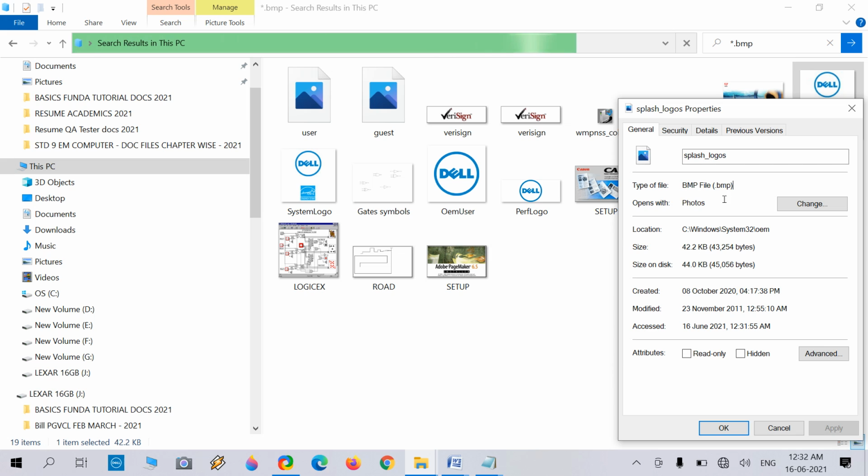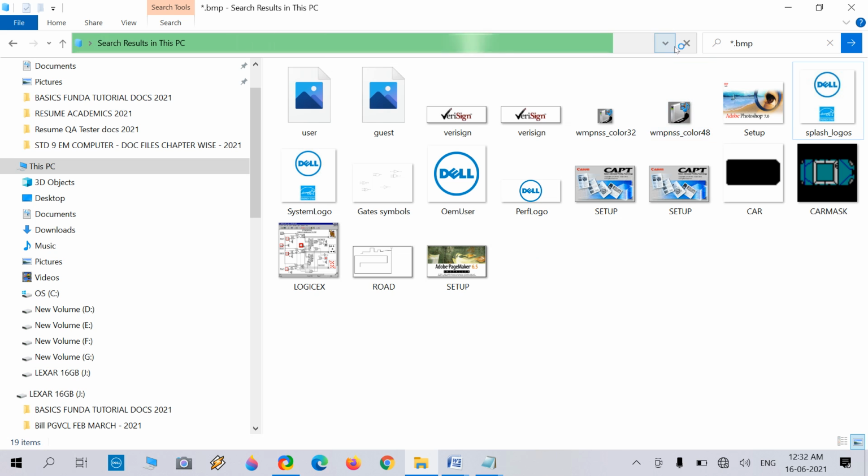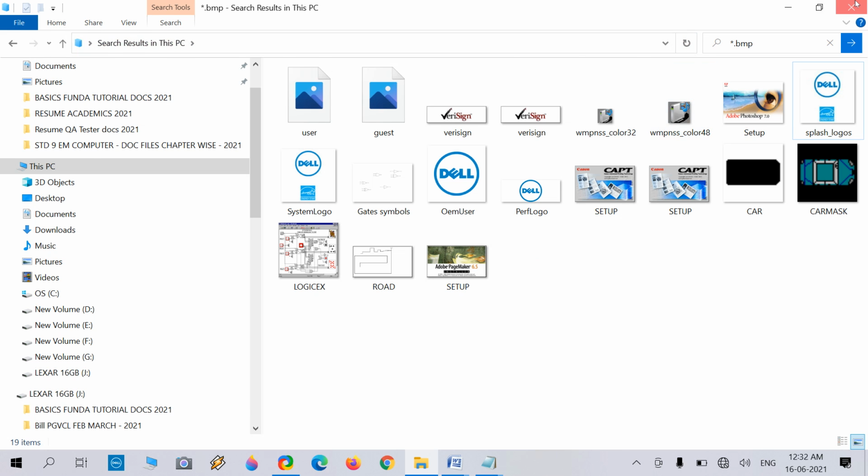The extension is .bmp. Then you can verify that what you searched is clearly BMP, bitmap picture. BMP means bitmap picture file. Stop it and close this.